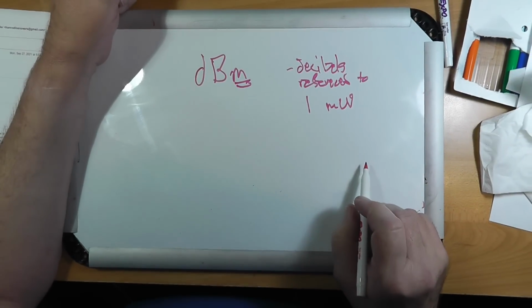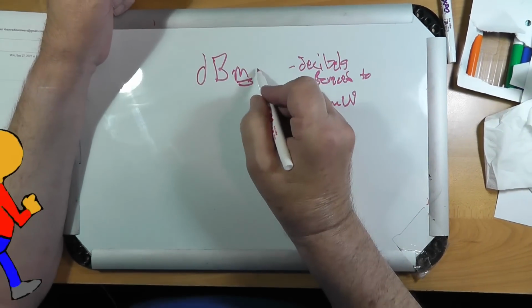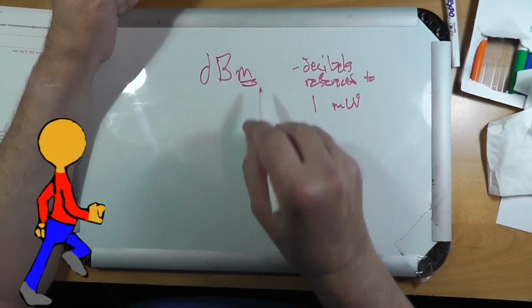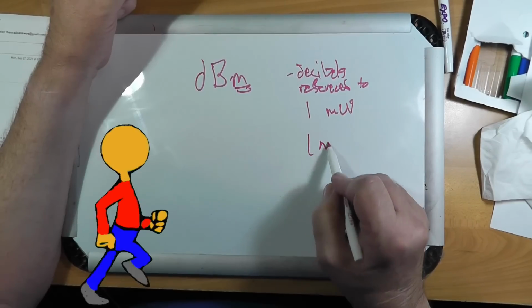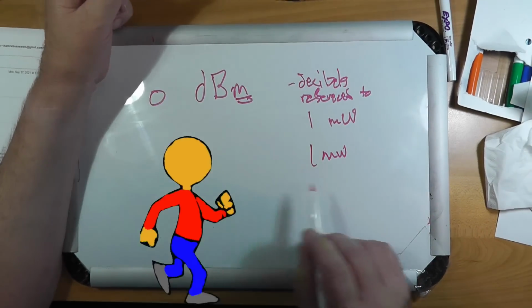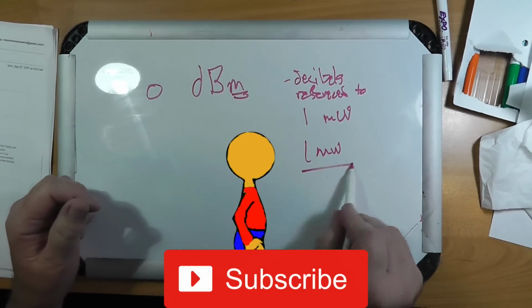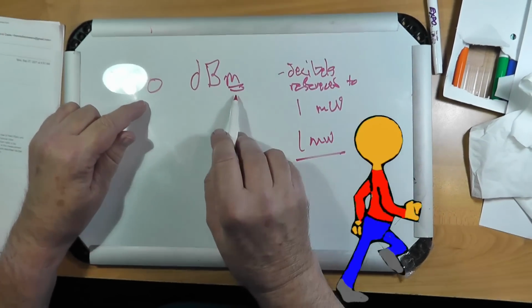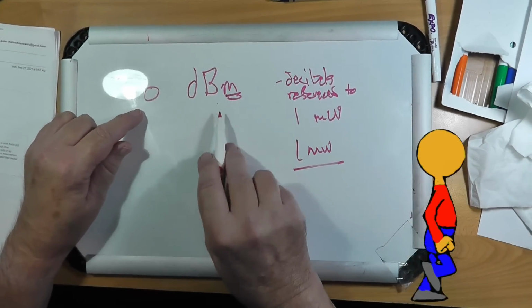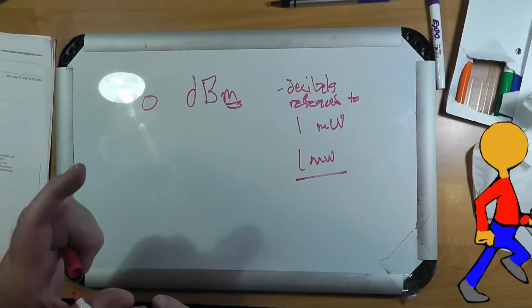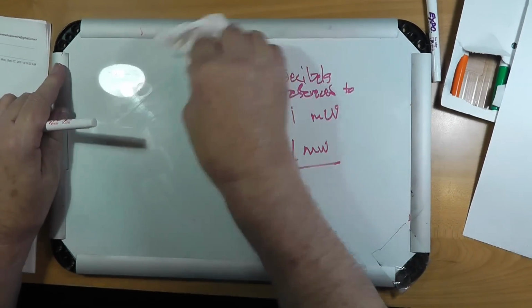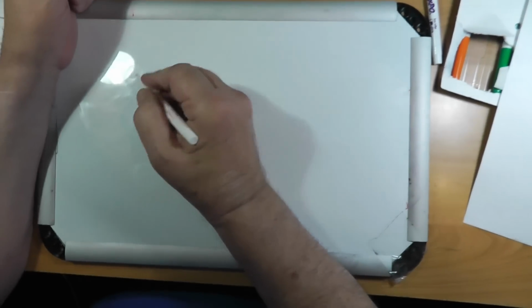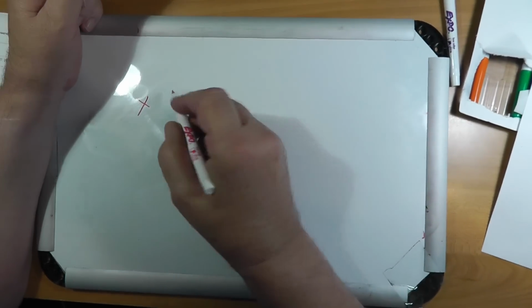Milliwatt right there. Okay, dBm. 1 milliwatt is 0 dBm. So if you see 0 dBm, that means it's not changed from the reference. This is an actual power measurement. It's not just a ratio. When I say ratio, we look at the definition of X decibels